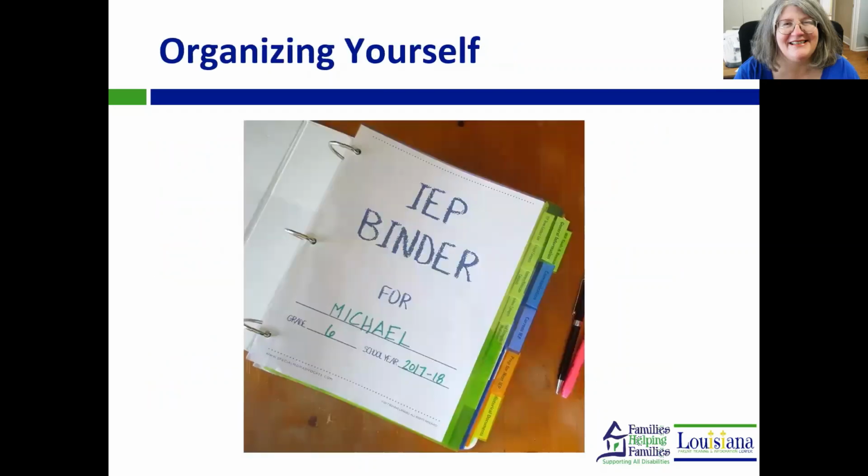Before we start with our tips, I first want to mention the importance of good documentation. This can be key to an effective IEP meeting. When you're in an IEP meeting, nobody wants to hear somebody was going to do this or somebody was going to do that, but you can't remember, or nobody else can remember, but somebody sent you something and you lost the paper. So if you have a way to organize all those documents in a way that makes sense to you,